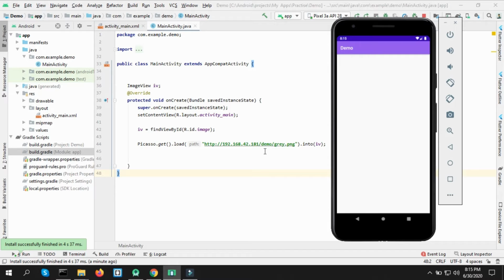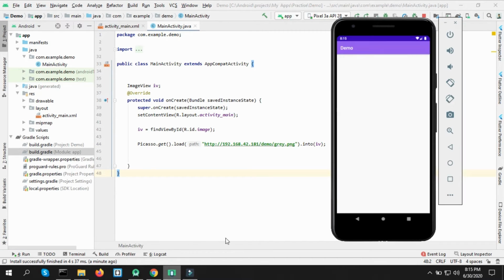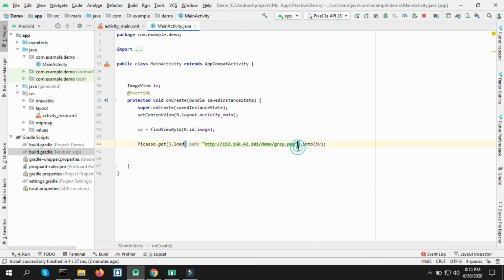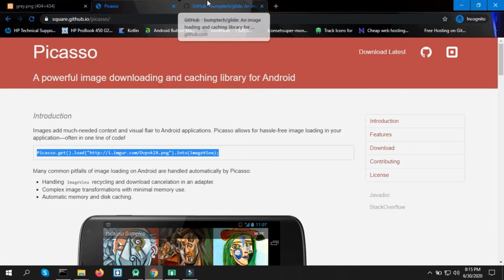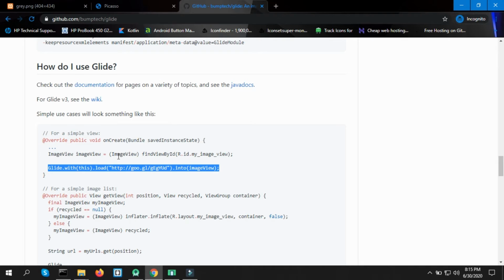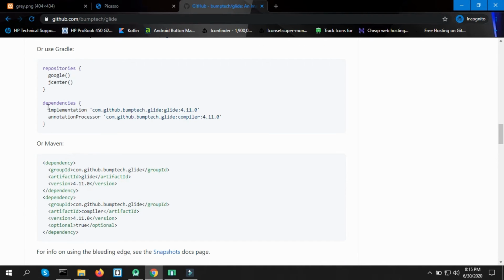So let me just show you how to use Glide, because there is nothing wrong with our code. It's definitely taking time to load the images, so that's the only problem with it. Until it's loading the image, let's go to the Glide GitHub page and copy this dependency and annotation processor as